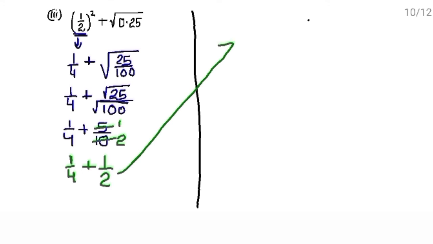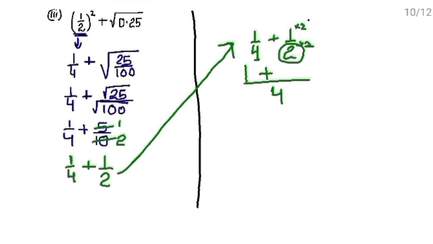Now you want to add these two fractions, 1 upon 4 plus 1 upon 2. Denominators are different, so take the LCM. LCM will be 4. 4 ones are 4. Denominator is already 4, so no need to multiply with any number. This 2 twos are 4. To make it 4, you will multiply it by 2. So multiply this numerator also by 2. 1 multiply 2. So what does it become? 1 plus 2 ones are 2 upon 4, which is equal to 3 upon 4.